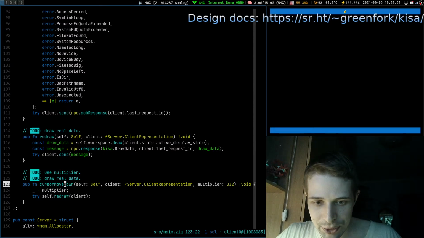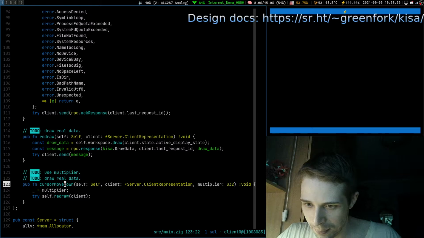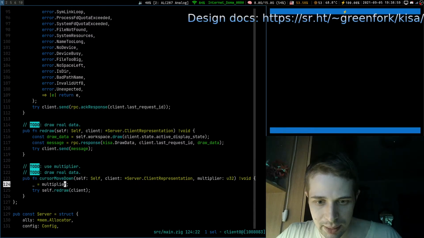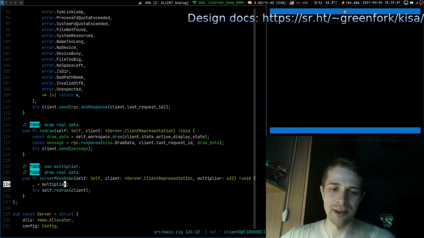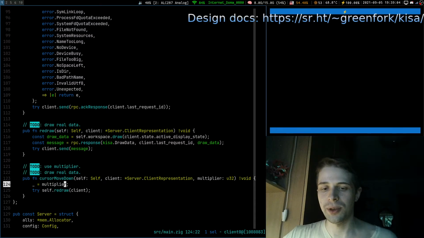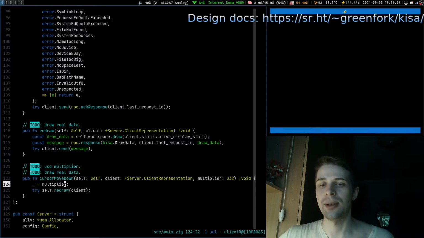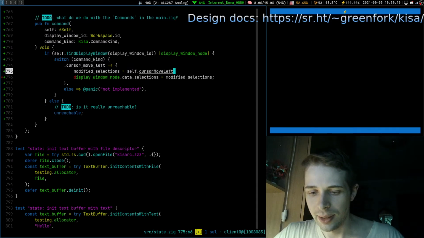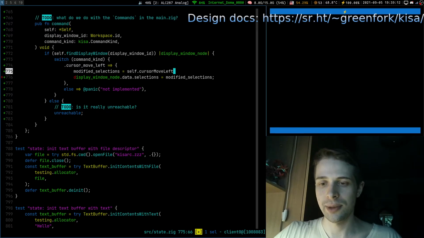Can we maybe change it here to move left? Is multiplier. Okay, let's forget about it for now. Right, we don't want to connect the whole stack because it will be a bit hard to test it all as well. We will just concentrate on the state.